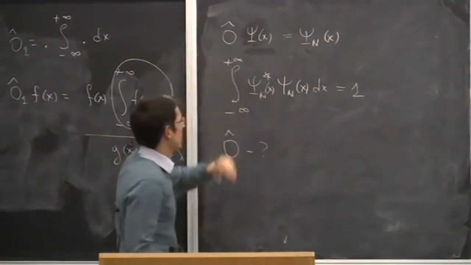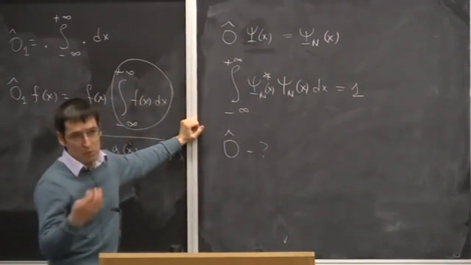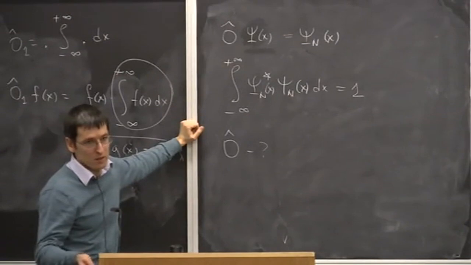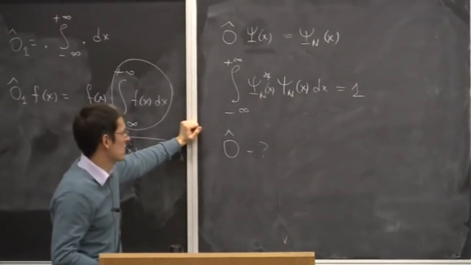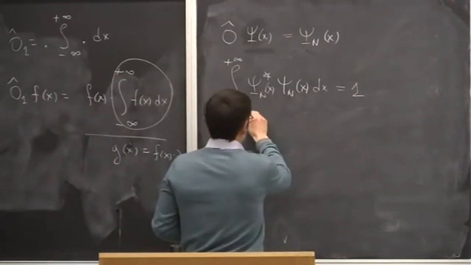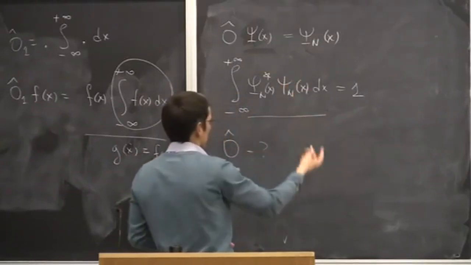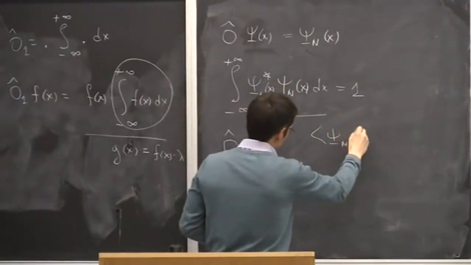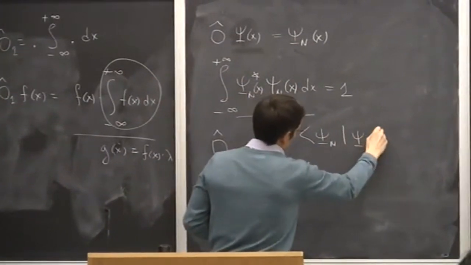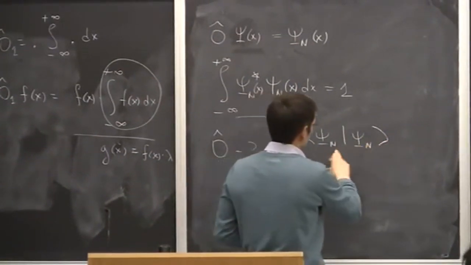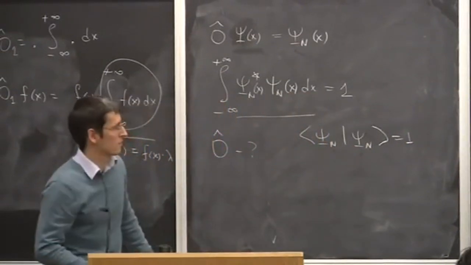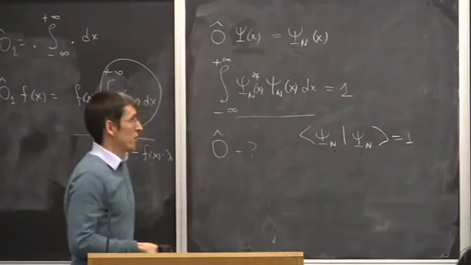So that operator you can think of as a normalizer, right? You give a function and it normalizes the function. Normalizing means that, if you think of the function as a vector, the inner product of the function with itself is 1, so it's like a normalized vector. Okay? So how do we formulate such an operator?